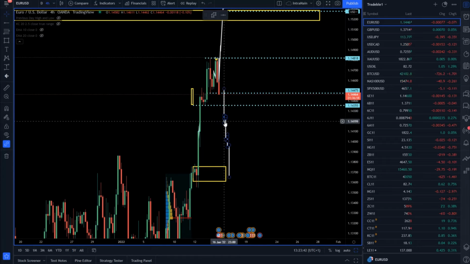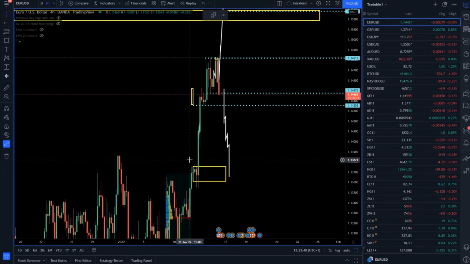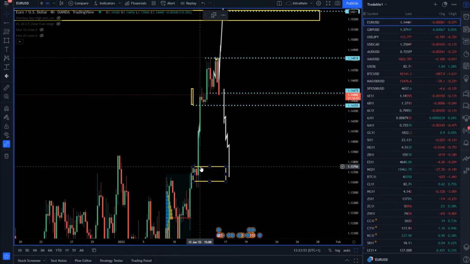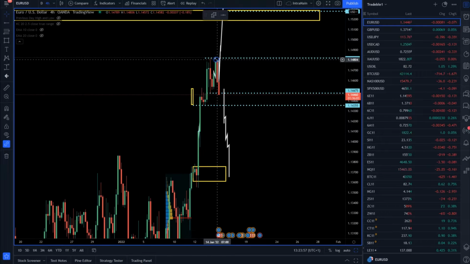So we need a good downside momentum break and then some continuation patterns on the way down. This will be a good confirmation that price may rotate back to 386 and 370 level. So the market tried today and yesterday two times to go for this pivot and it failed, and the market went lower, to the downside here.